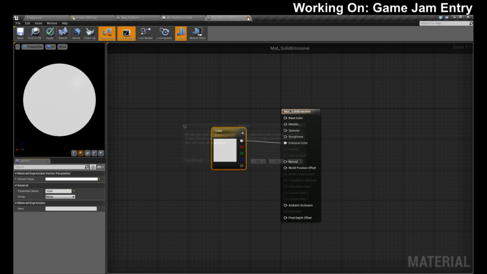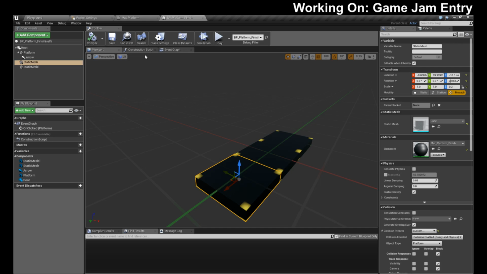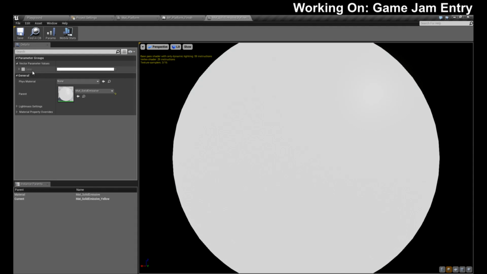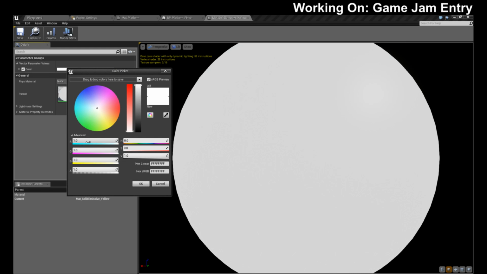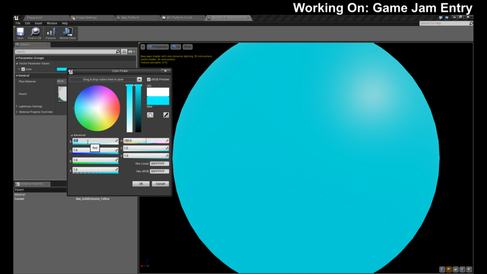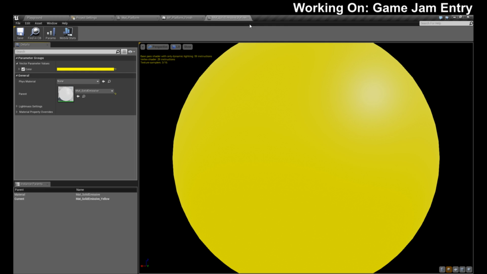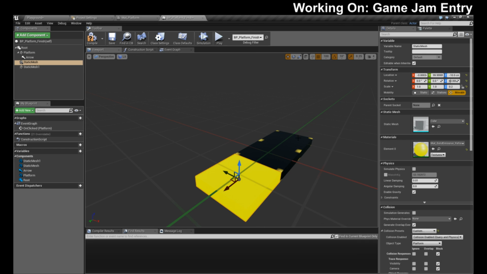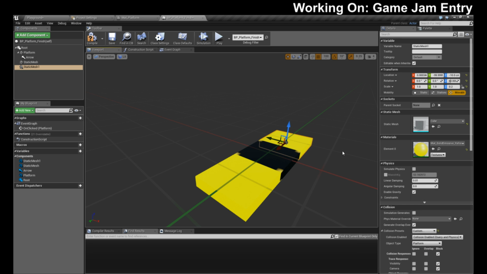Okay, there's an emissive solid color. And then let's make a digital instance, and we'll call this one emissive yellow. Make this sucker yellow. That would be red, green and blue, right? No, it's red and green. There we go. Okay, so emissive yellow.